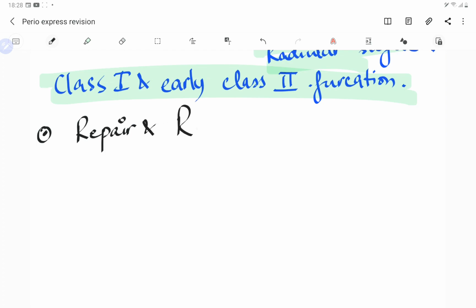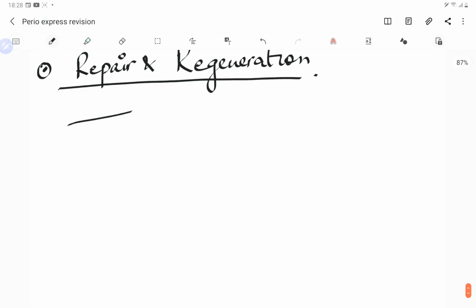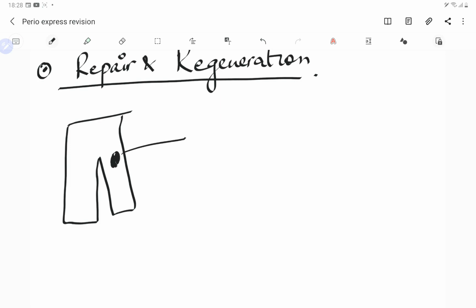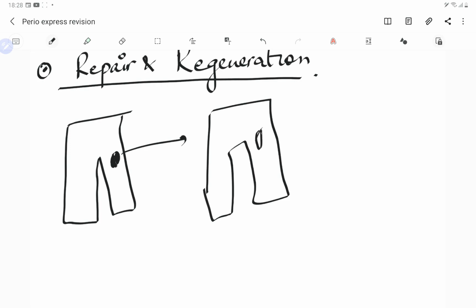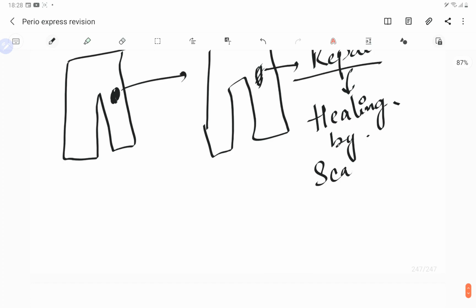What do we mean by both of these terms? Regeneration. So first of all, let's take an example to understand both of these terms. See, suppose I have this jeans and there is a hole in this jeans. Now I take this jeans to the tailor and he is going to fix this jeans by using the same thread and stitching it. So that is known as the repair. So that means repair is defined as the healing, but there is a scar. We still can see that there was a tear at this edge, and this is now corrected. So this is called the repair.